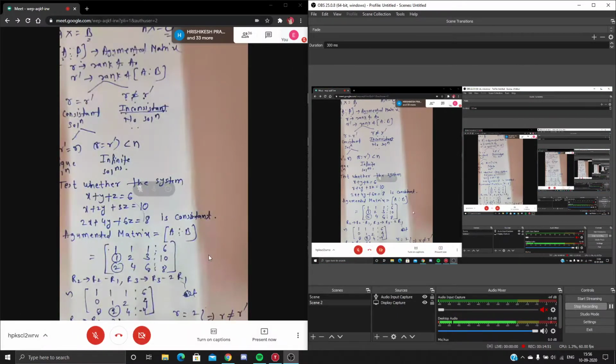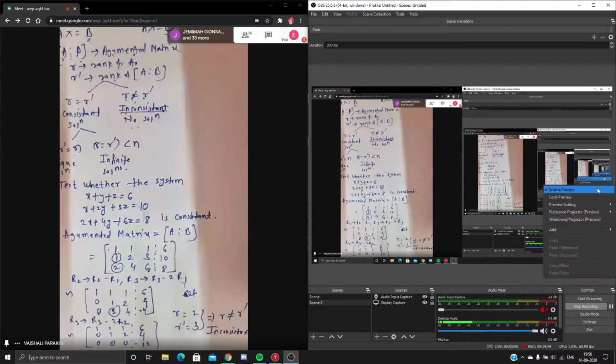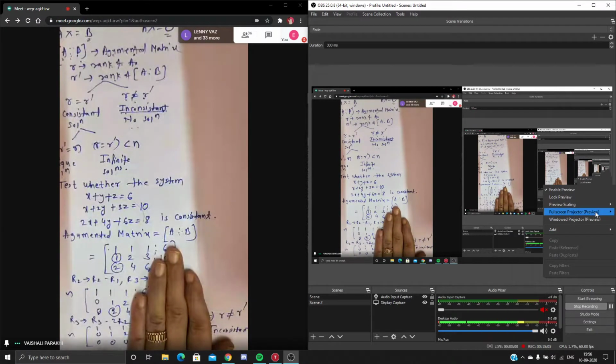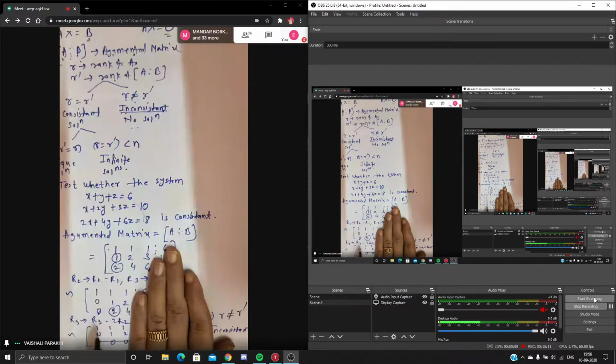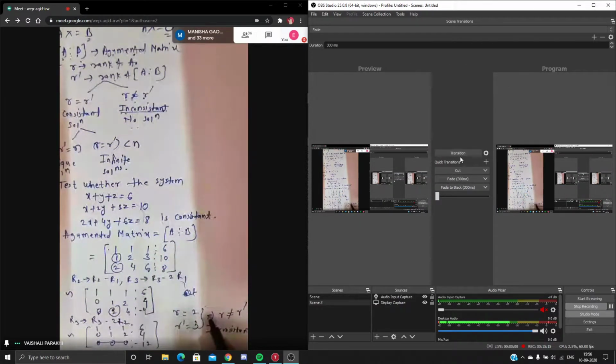Hello, ma'am. Can you repeat the last line what you said? R and R dash. See, how do you find R? R means rank of this part, matrix A, right? So that last row is a 0 row, no? So how many non-zero rows are there? 2. So R is 2.